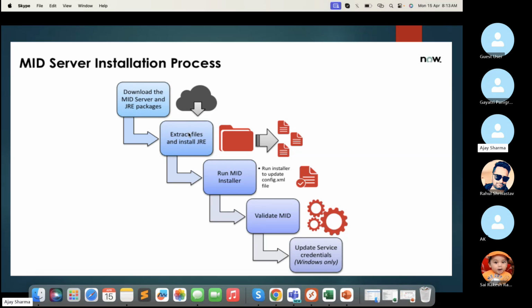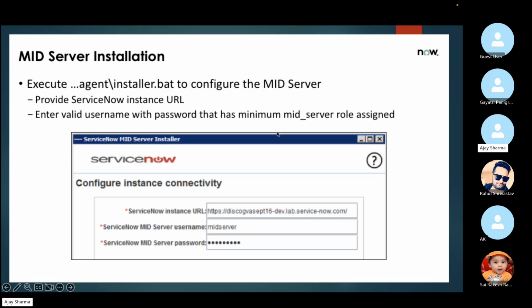Then you have to extract it. Then you have to run the installation file on that particular Windows server. Then you have to validate your MID Server, and you have to update the service credentials to run that particular service. If I go to the next slide,